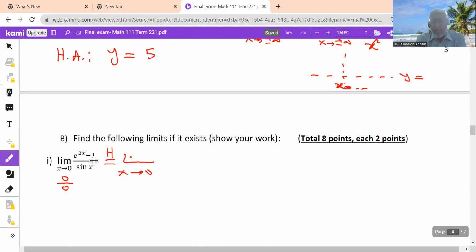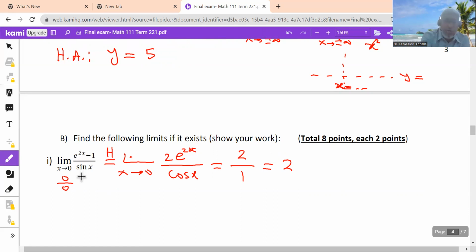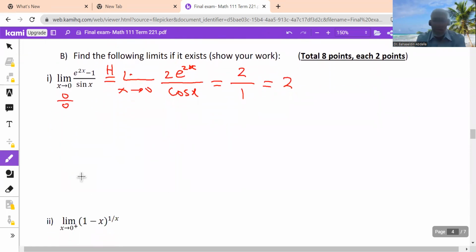L'Hopital's rule: we find the derivative of the numerator. The derivative of e to the power 2x is e to the power 2x times the derivative of 2x, which is 2, and the derivative of -1 is 0. The derivative of sine x is cosine x. Now, if you replace x by 0, e to the power 0 is 1 times 2 is 2, and cosine 0 is 1, so the limit is 2. And you can check by calculator, by replacing x by 0.001 and finding e to the power 2 times 0.001 minus 1 over sine 0.001, in the radian mode,